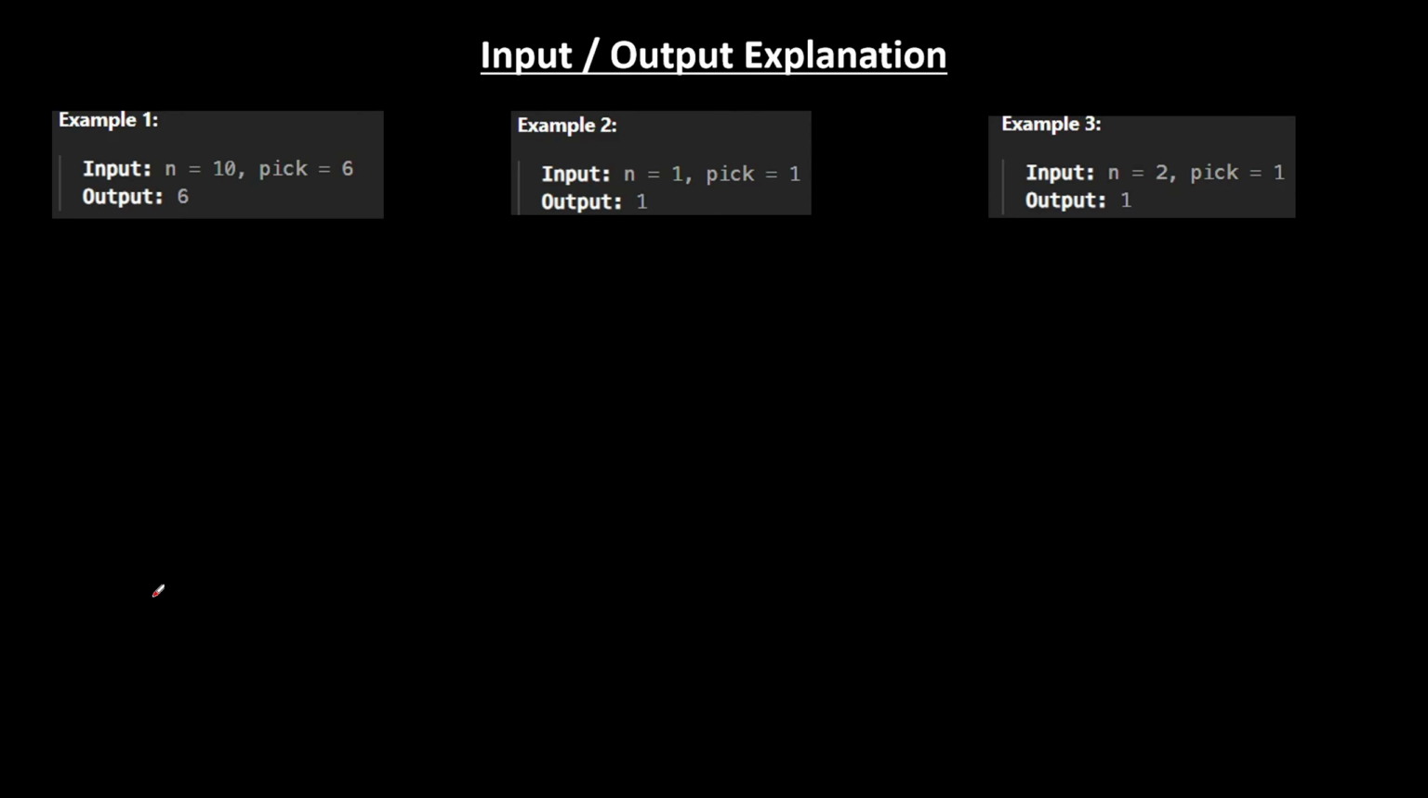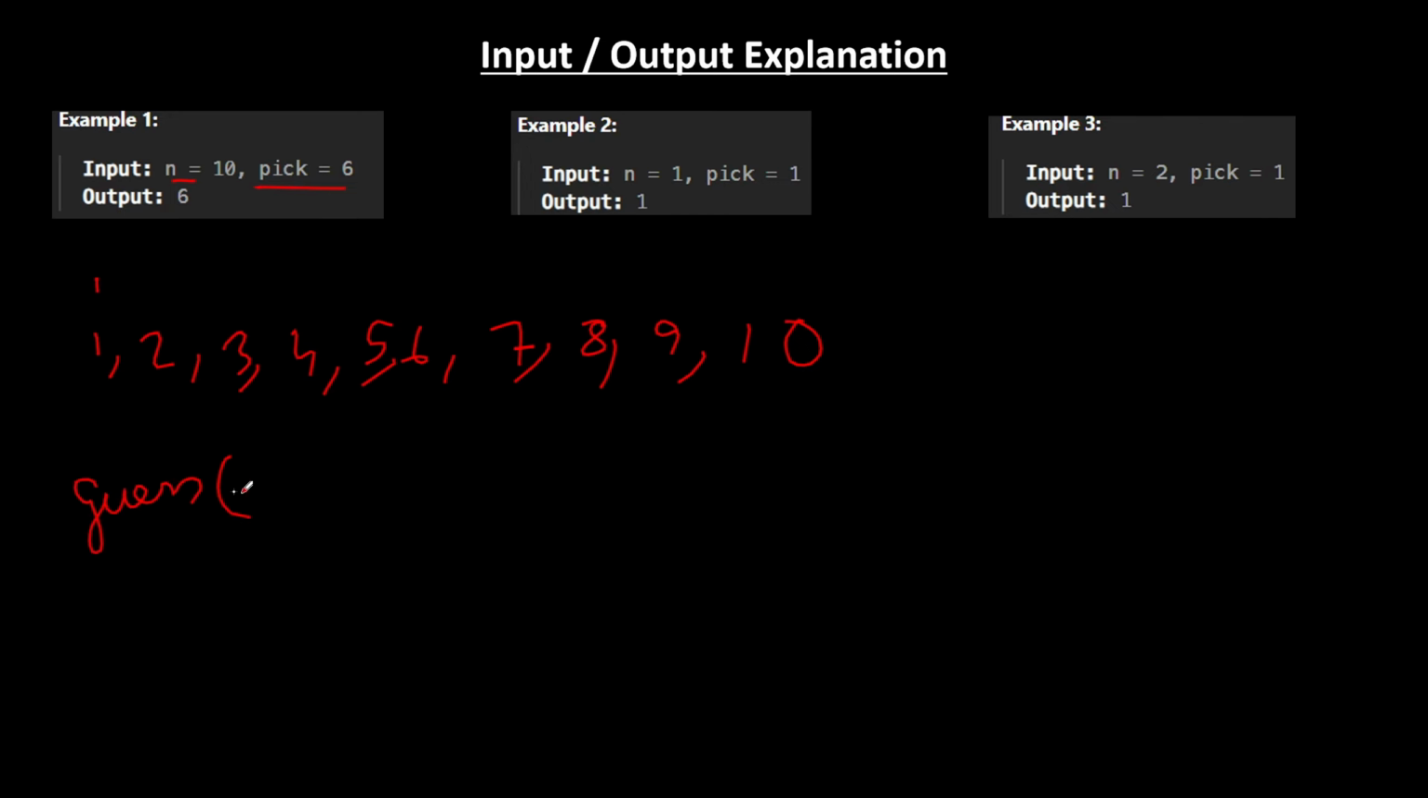Now let's understand the input output explanation. So let's take here, n is 10, which means 1 2 3 4 5 6 7 8 9 and 10. And we have to pick the number 6. So what we will do, we will try to search by throwing numbers into the guess function. Suppose if we throw 3, it will return 1 because it is less than 6. If we throw 8, we will get